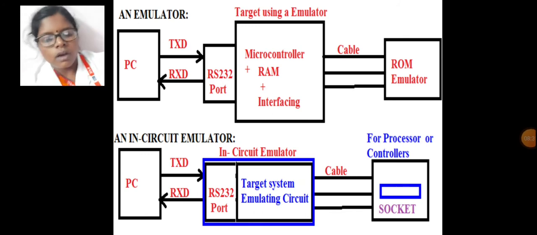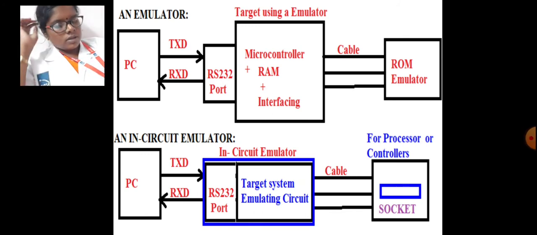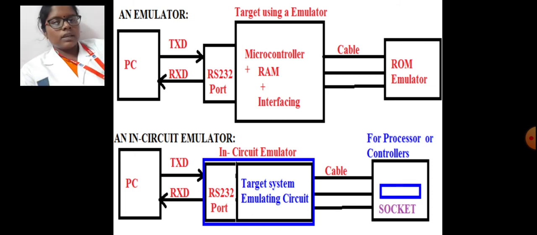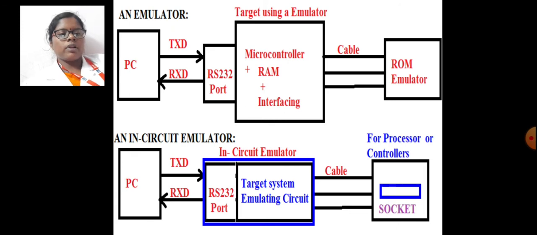Transparency implies that the target system does not know if it is interfaced to an ICE or to the real microprocessor. Transparency is physical. Basically, this implies that the ICE has the same pin out and fits into the same socket as the microprocessor being emulated. This is usually achieved using a remote pod and a short cable connector.